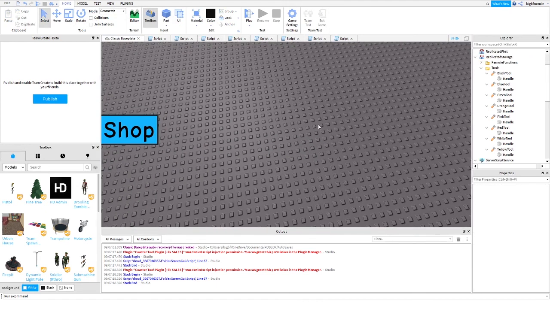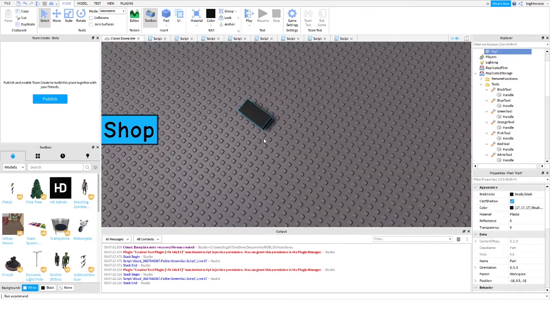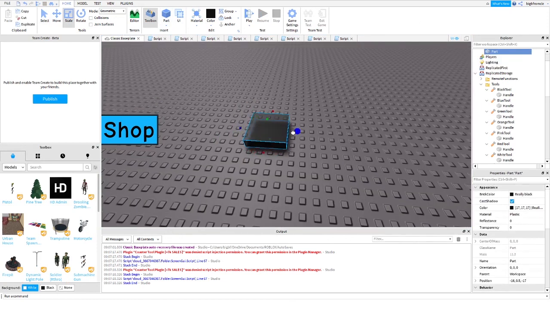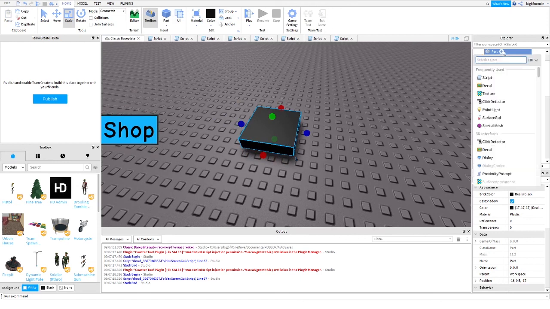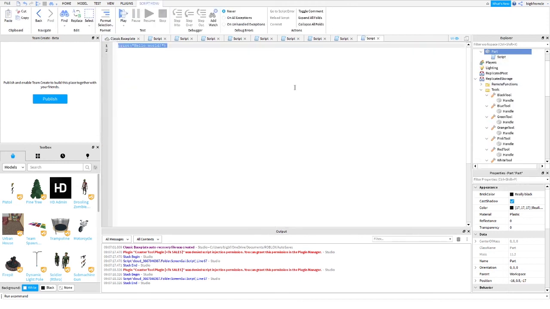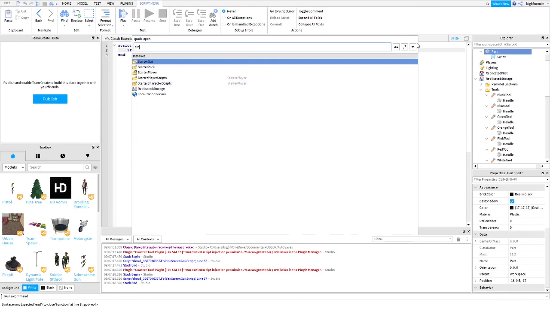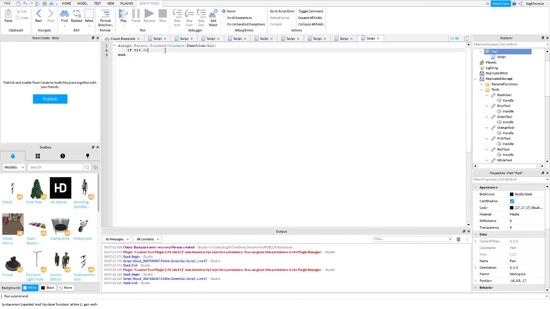Now let's say you want to buy something by stepping on something. If you want a pad that you step on, you're going to want to insert a script, and then script.Parent.Touched:Connect(function(hit), and just make sure there's an end with the closing parenthesis like last time. And we're going to do if hit.Parent